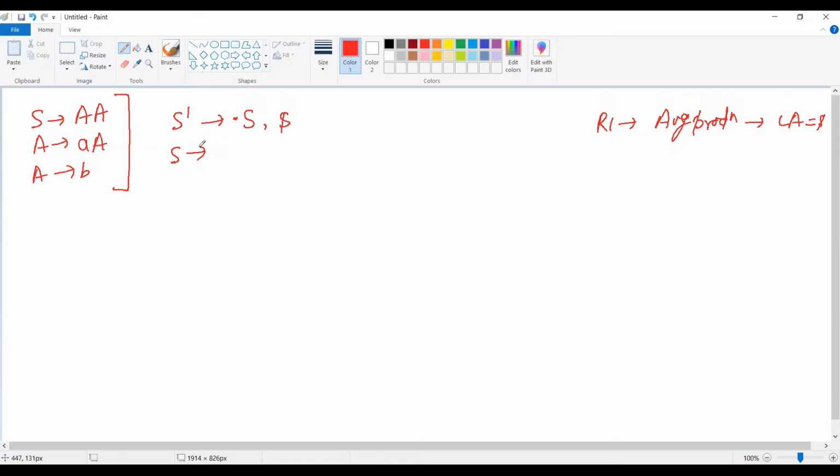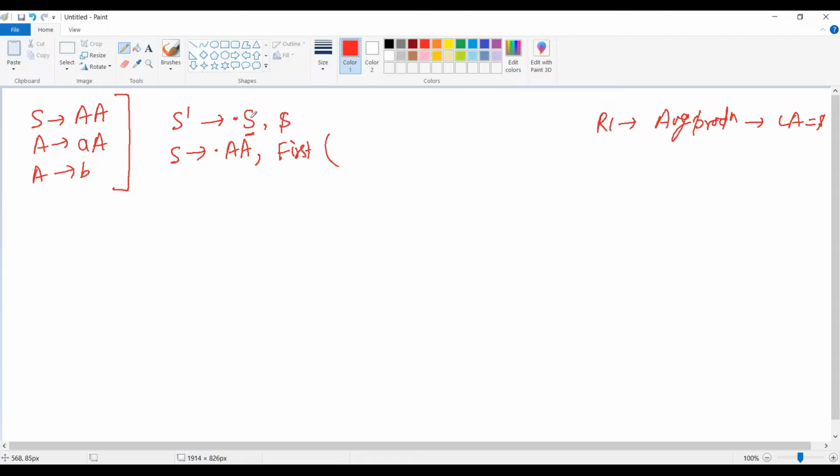Now, how do I add the LR1 item? First of all, I'll create the LR0 item. Now I need to attach the look ahead after this. What is the rule of look ahead after the augmented production? The rule to add the look ahead in the production of S is the first of whatever remains after the non-terminal for which you have added the closure.